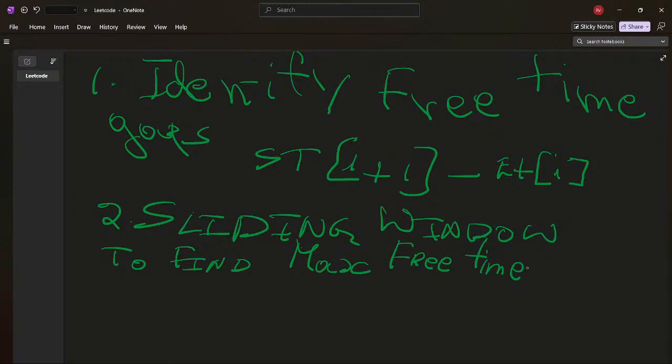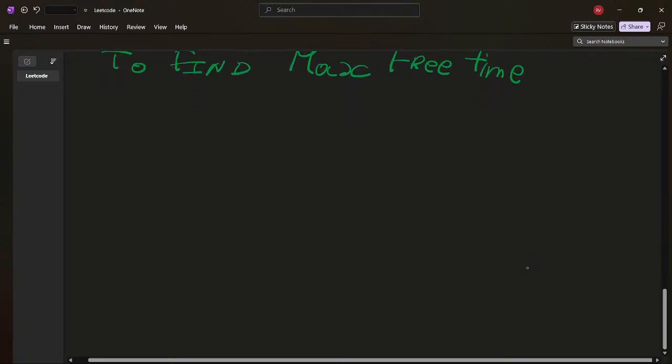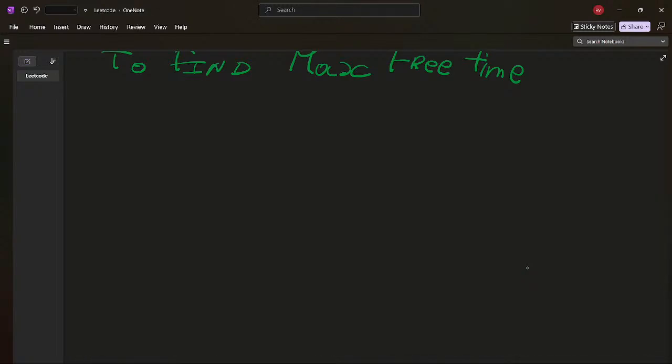For this, the first step we are going to use is the sliding window, number of modifications. What is the number of modifications given here? It's given as k. Since if we merge k gaps, it will create a larger free period, we'll apply a sliding window of size